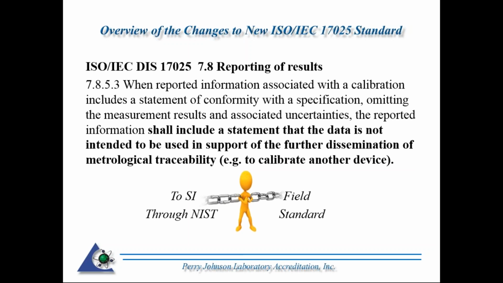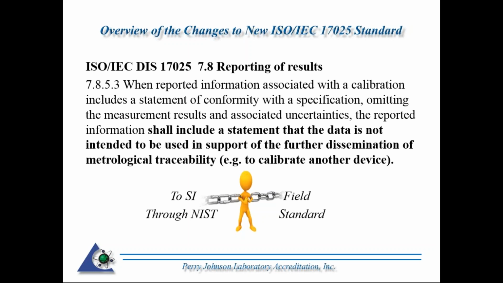Alrighty, still on reporting the results. When reported information associated with a calibration includes a statement of conformity with a specification, omitting the measured result and associated uncertainty, the reported information shall include a statement that data is not intended to be used in support of the further dissemination of metrological traceability. In other words, you're calibrating something that's going to be used to calibrate something else. And